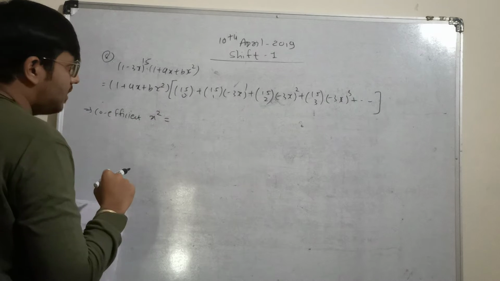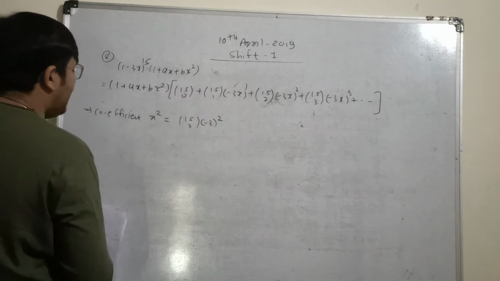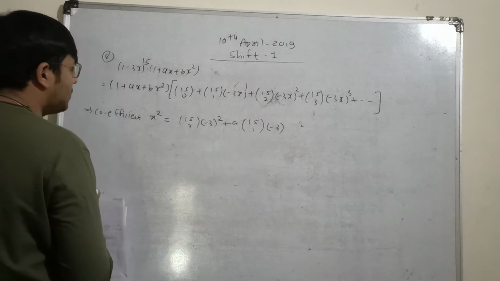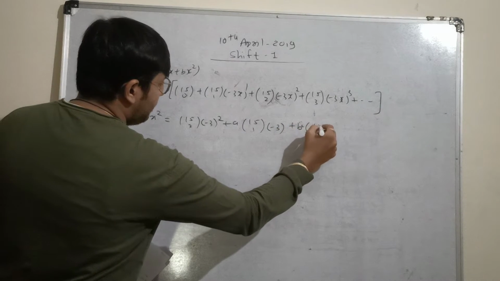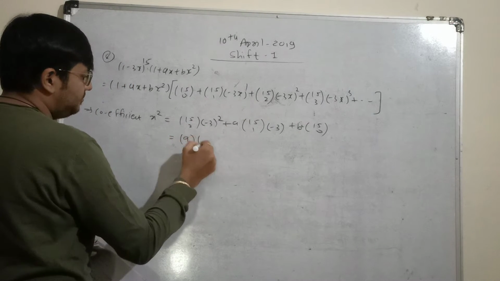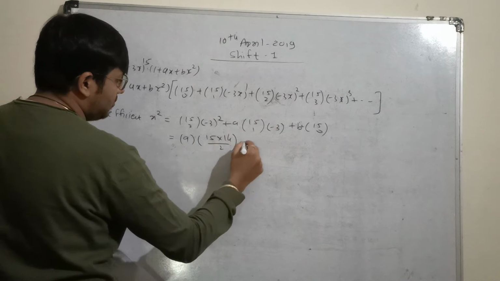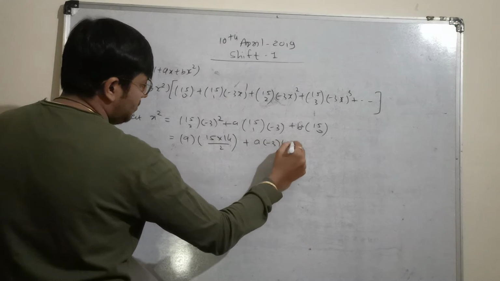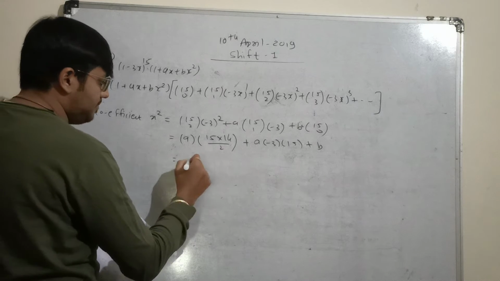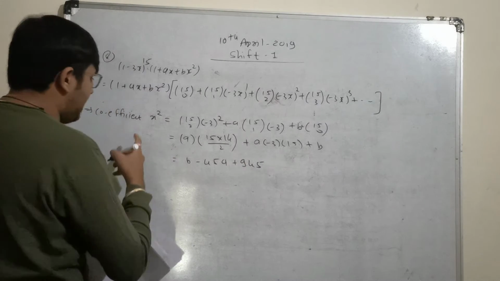x square, so when I multiply 1 with 15c2 minus 3 square, I'll get x square. When I multiply a with 15c1 with minus 3, I'll get x square. And when I multiply b with 15c0. So for the further expansion, I'll get 3 square as 9 and 15c2 as 15 into 14 by 2, plus a into minus 3 into 15, and plus b. So I'll get the coefficient of x square as b minus 45a plus 945, and the coefficient of x square is